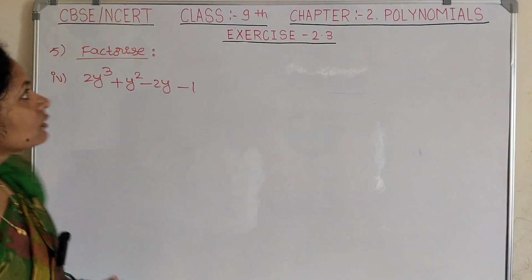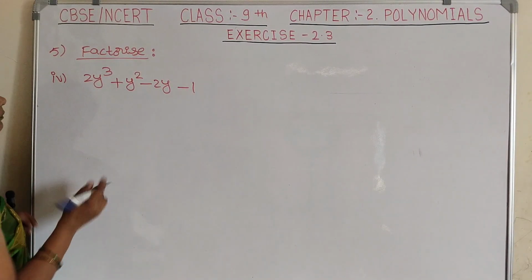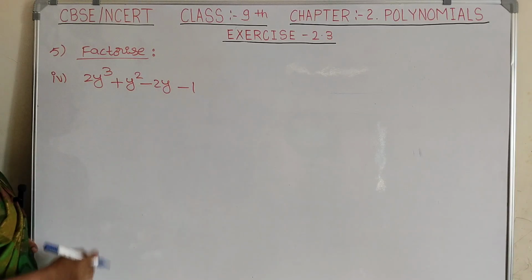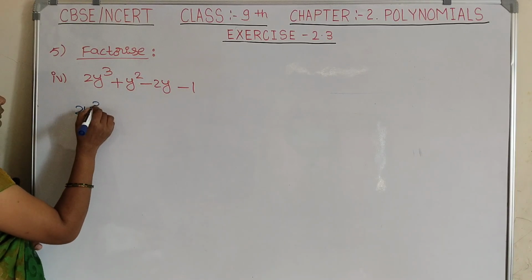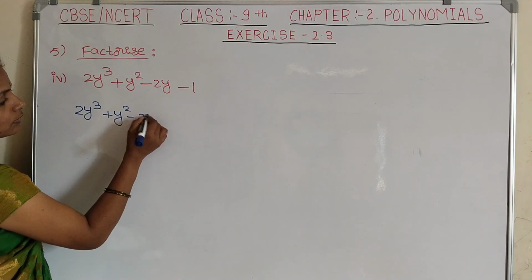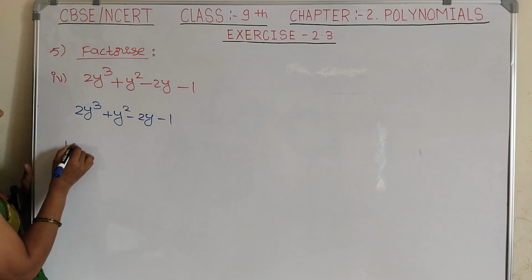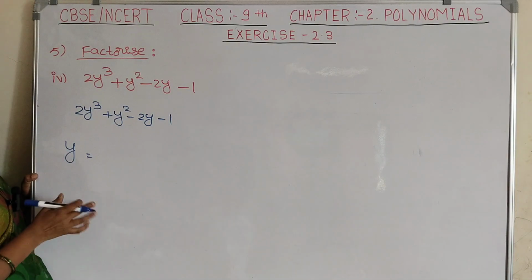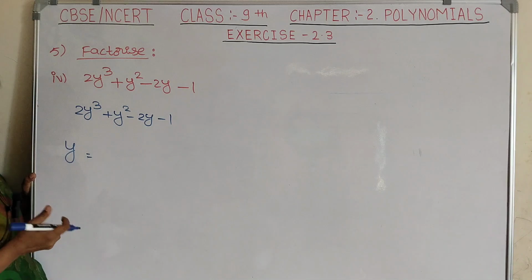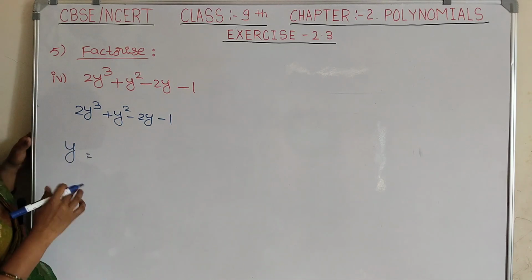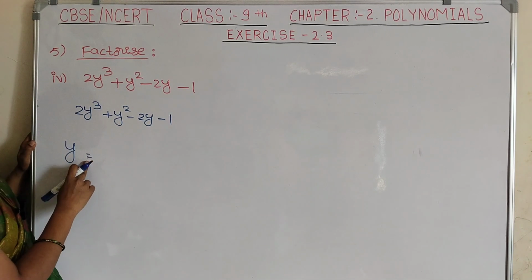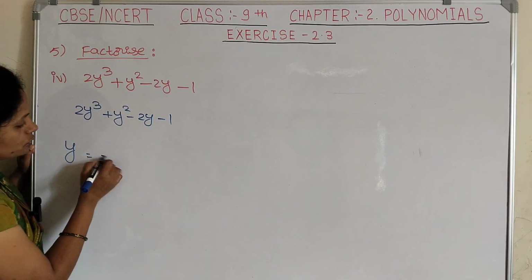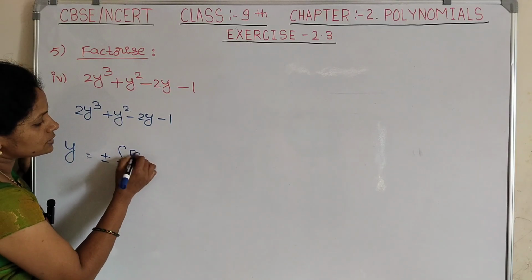The last question of this exercise is factorize 2y cube plus y square minus 2y minus 1. Now, get the factors. Till now, all the questions were based on the variable x. Here they have given in terms of the variable y. So that's why we can get the factors in terms of y. That's why y is equal to plus or minus factors of,